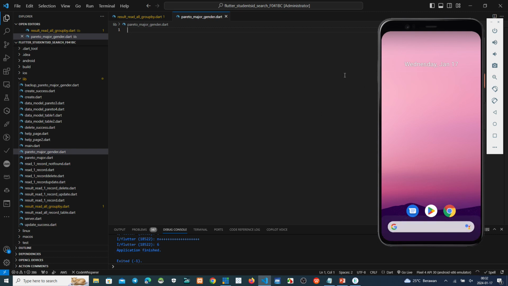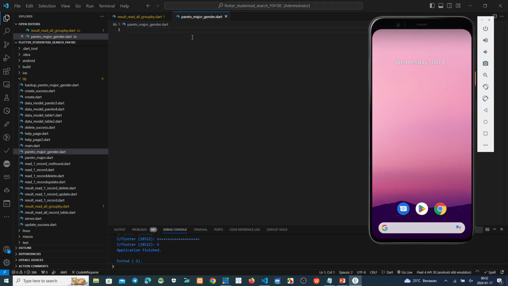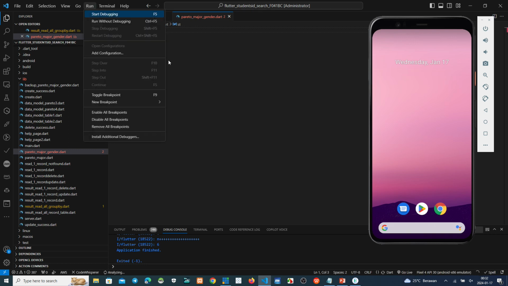Okay, we make the coding. First, the first project, how to make a basic Flutter here. We put here ST, stateless widget. Oh, why is this so slow? No change. Why?